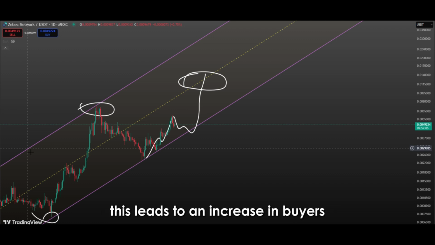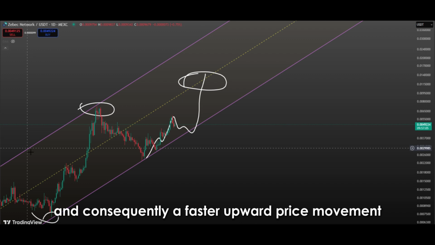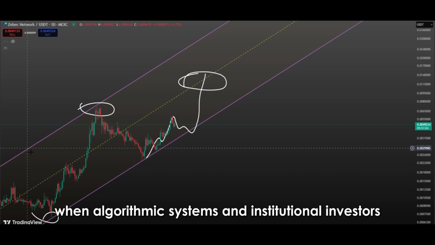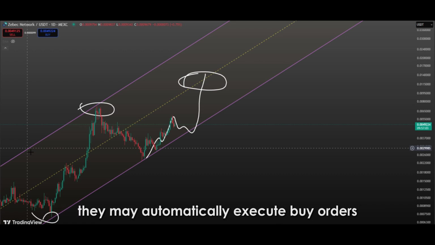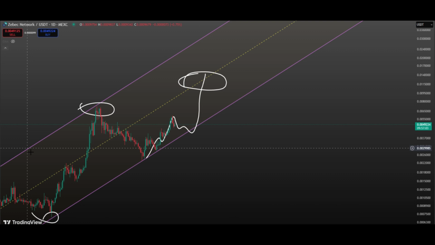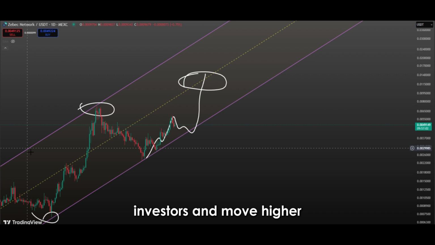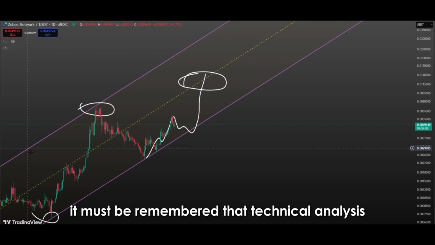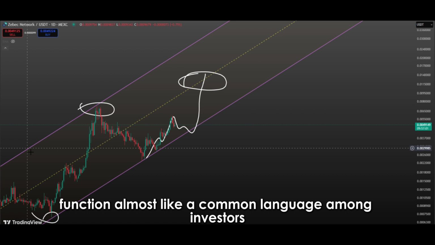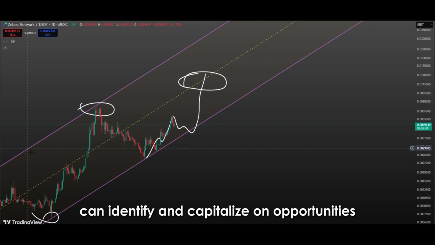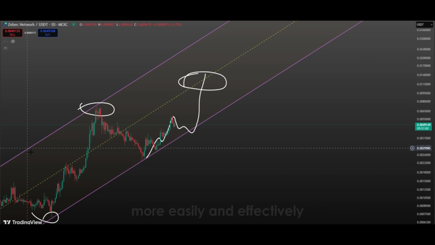This leads to an increase in buyers, a reduction in supply, and consequently a faster upward price movement. Furthermore, when algorithmic systems and institutional investors detect such structures, they may automatically execute buy orders. This causes the price to be supported by a broader base of investors and move higher. It must be remembered that technical analysis structures function almost like a common language among investors. Those who read this language correctly and apply it with discipline can identify and capitalize on opportunities more easily and